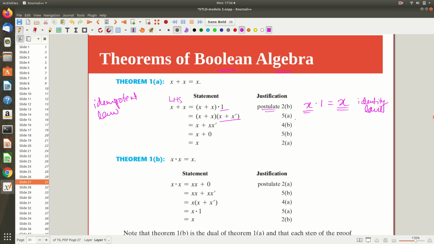Okay. So now tell me what this law is. Instead of this 5a, my opinion is don't use this. You can simply write identity law as a justification statement. So always keep this in mind. In the exam, you have to provide justification for each and every line you use, whether it is simplification or proving, whatever it is. That is very important. Now tell me, what is this?